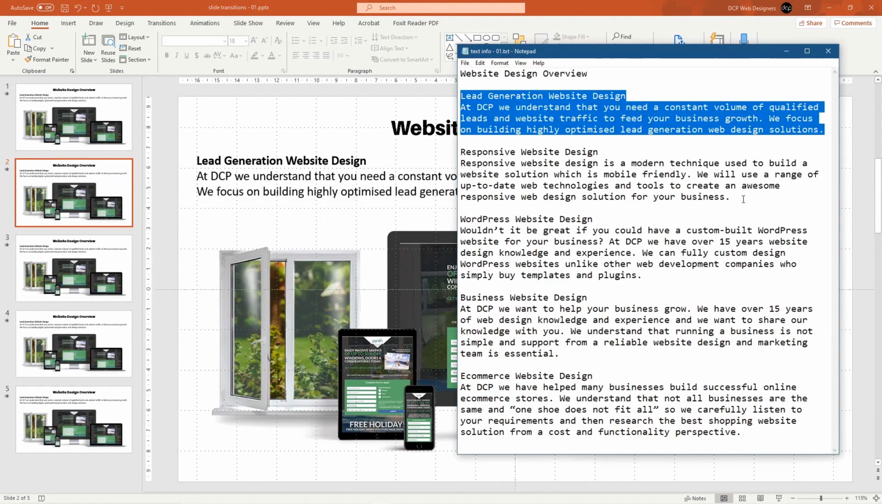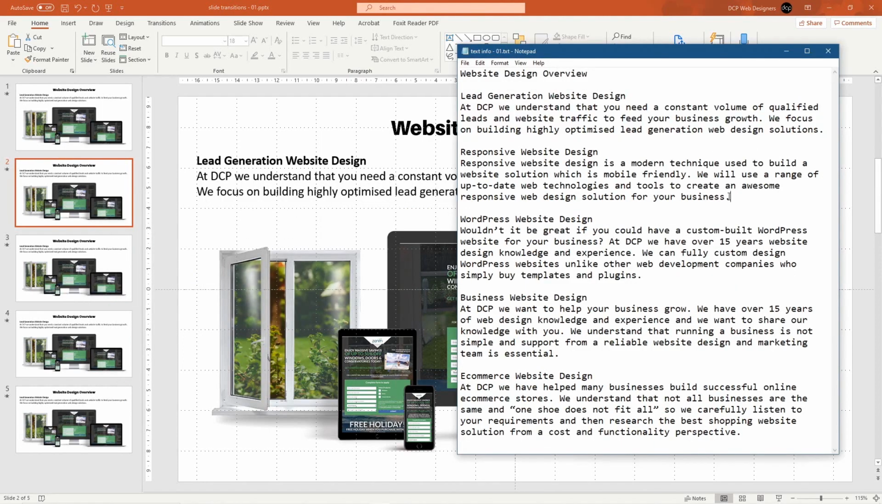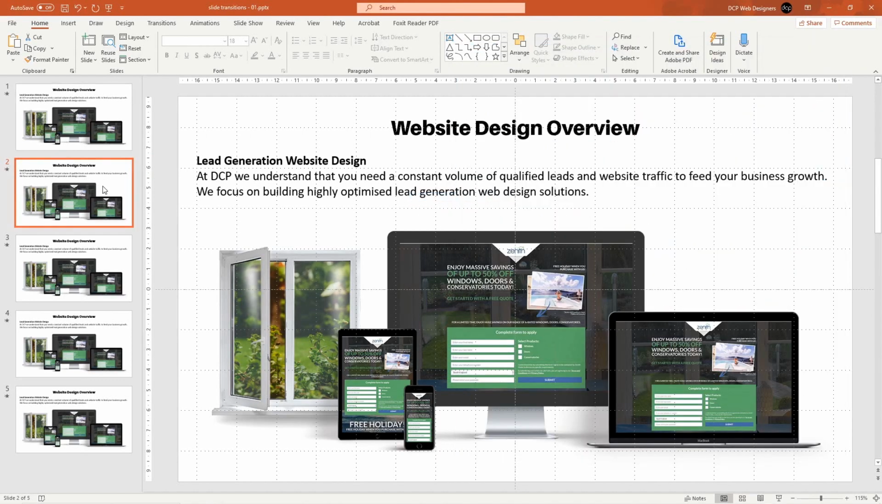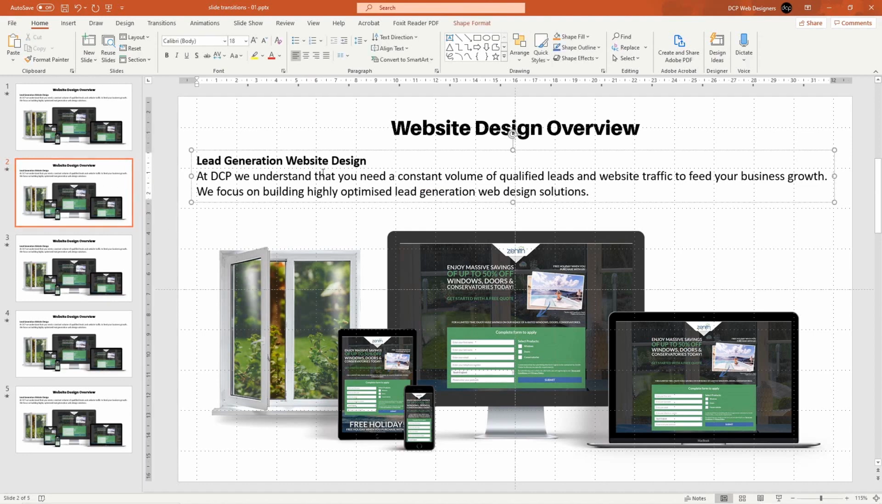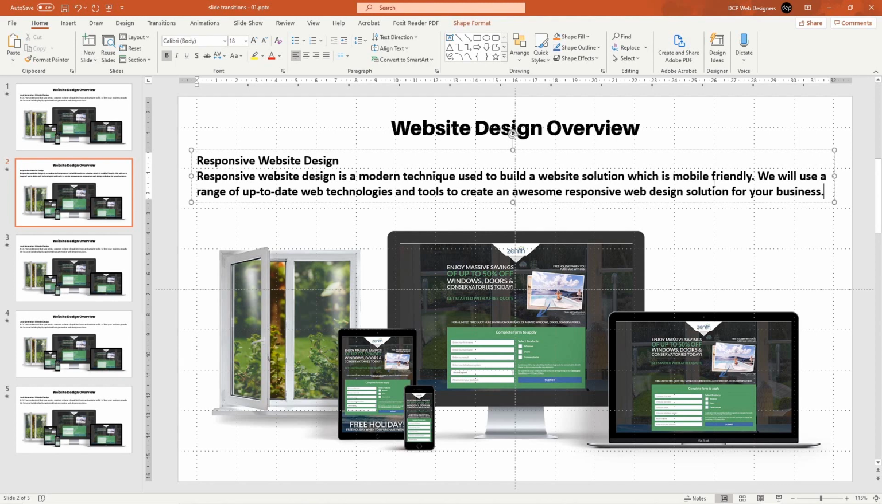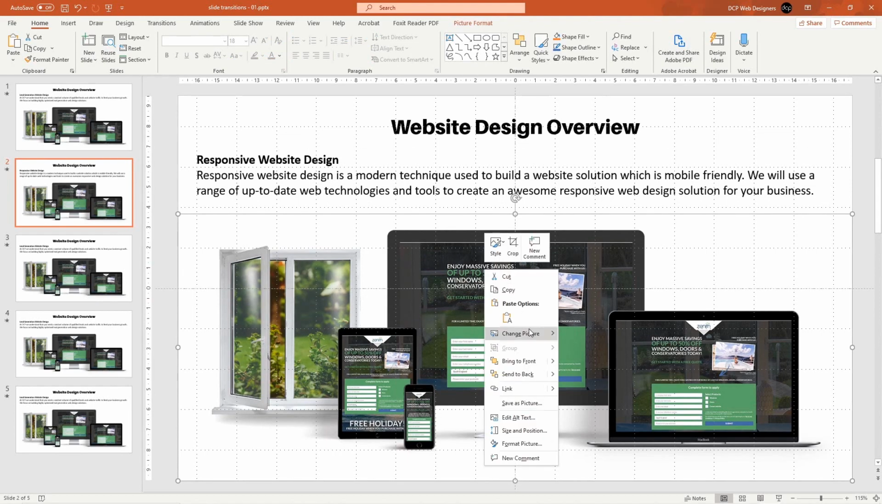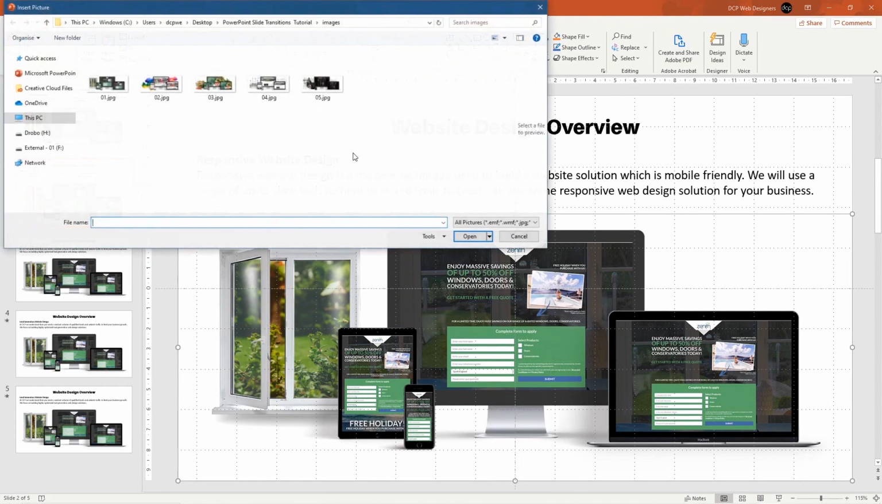Let's go back to our notepad file, and this time we'll select responsive website design. We'll copy this text, and we're on the second slide, right? So make sure the second one's highlighted. We'll click inside here and select all, press Ctrl A, Ctrl V. We're going to select the text here and press Ctrl B to unbold it. Let's click on this picture, right click, change picture from file, and we'll click number 2 picture,